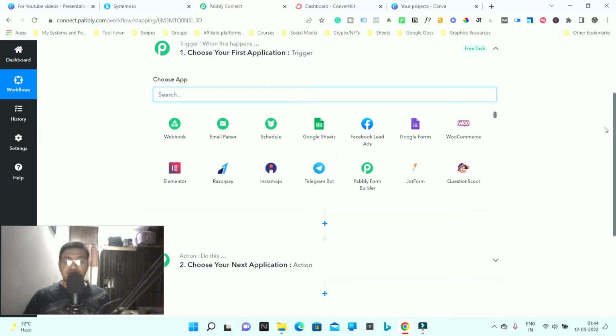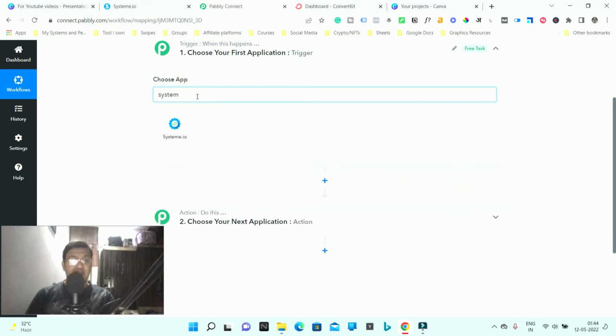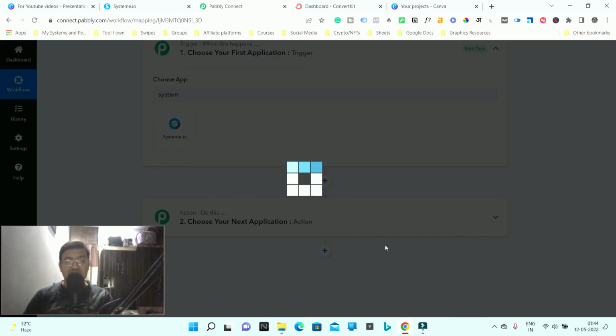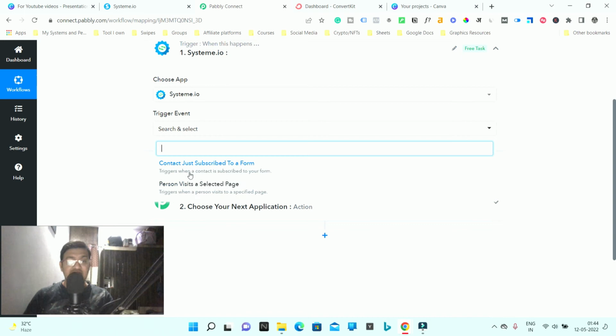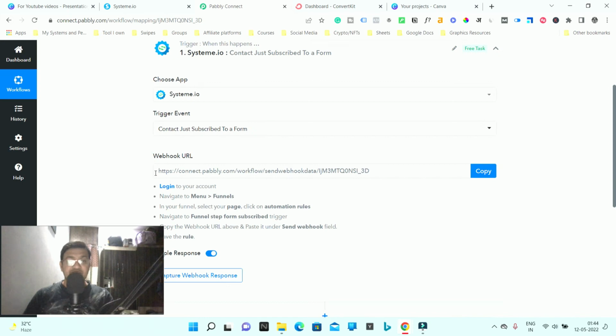So basically we want the trigger to happen in the system.io account. What kind of trigger? The trigger is when someone fills up the form, when someone submits the data. So I need to select the tool in which the trigger will happen. The tool is systeme, and now we have to select the trigger event. The trigger event is when someone subscribes to a form. This is the event that will happen, and then we want some action to take